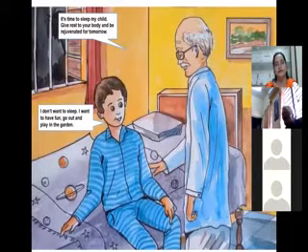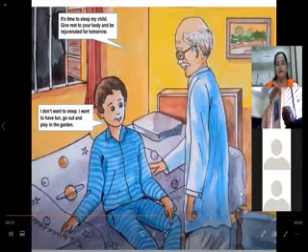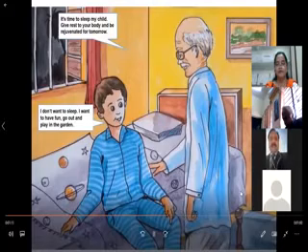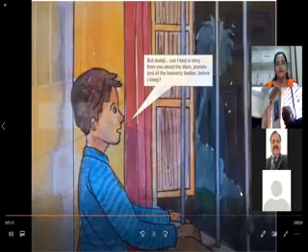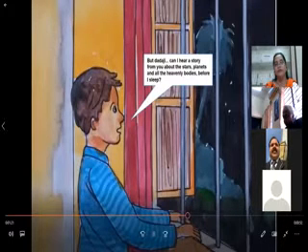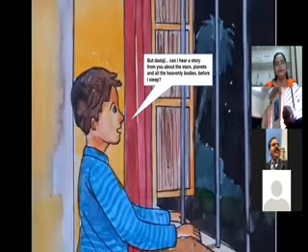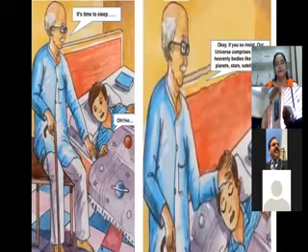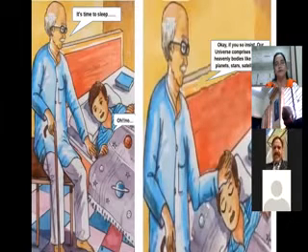It's time to sleep, my child. Give rest to your body and be rejuvenated for tomorrow. I don't want to sleep. I want to have fun, go out and play in the garden. But Dadaji, can I hear a story from you about the stars, planets, and all the heavenly bodies before I sleep? It's time to sleep. Oh no. Okay, if you so insist. The universe comprises many heavenly bodies like the sun, planets, stars, satellites.